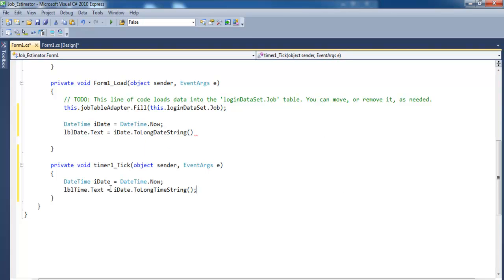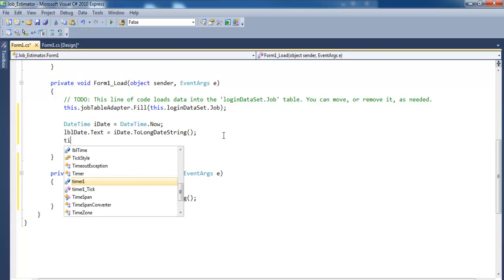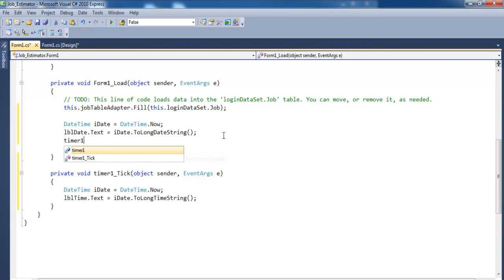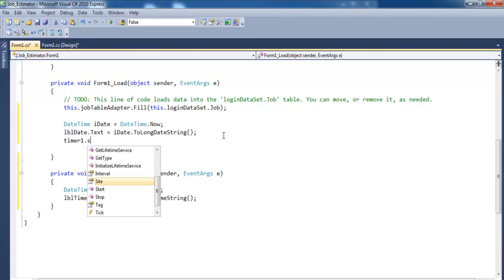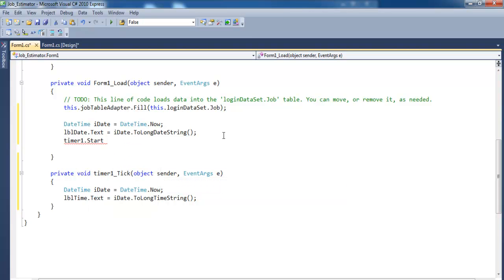Now that is inside the timer. Now we need to be able to load the timer. So let's say timer 1 dot start. Okay,